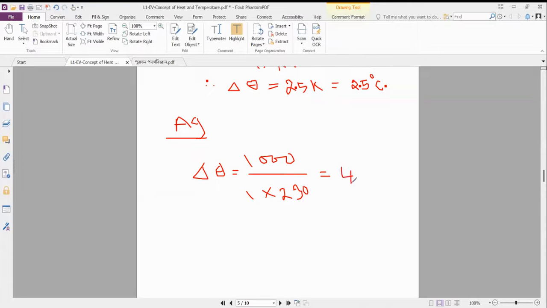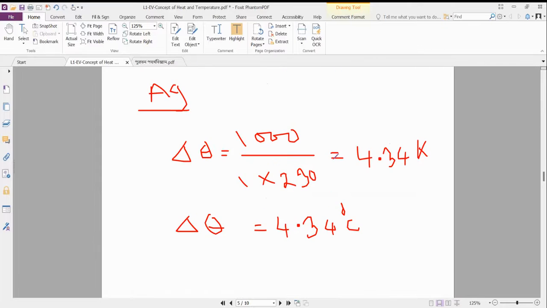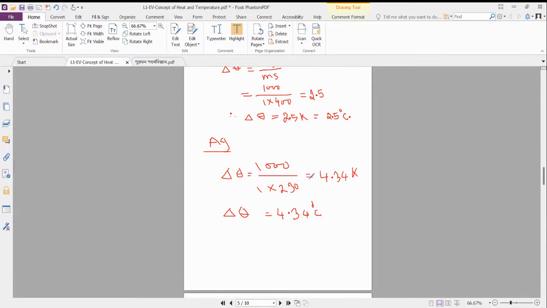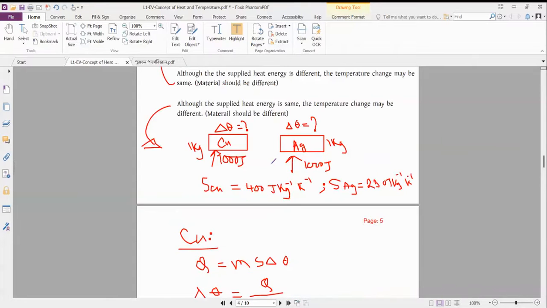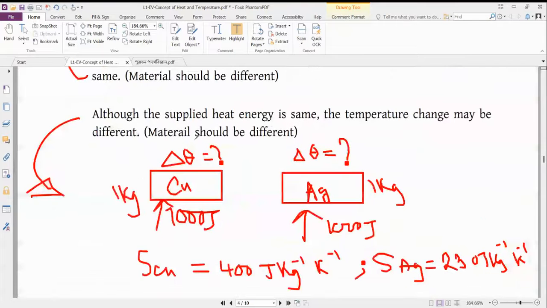So 4.34 Kelvin first, and then in terms of degrees Celsius, 4.34 degrees Celsius. The temperature change is different, although the supplied energy is same and the mass is same, but due to the different material, the temperature change is not the same. That's why I have written that although the supplied energy is same, the temperature change may be different if the material is different. Okay,